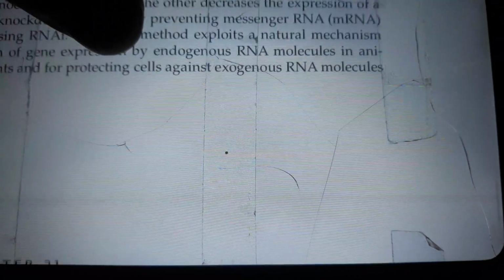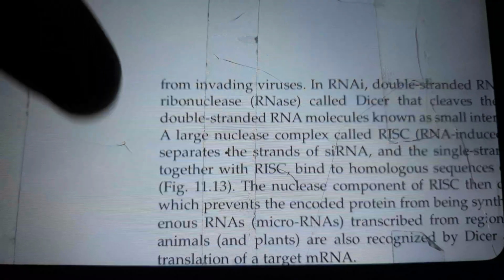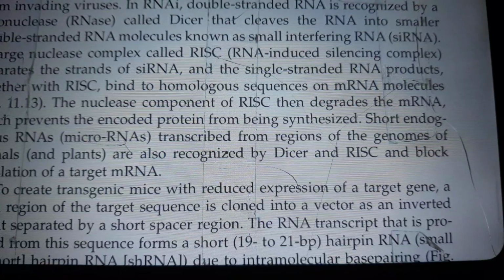The latter method exploits a natural mechanism for regulation of gene expression by endogenous RNA molecules in animals and plants, and for protecting cells against exogenous RNA molecules from invading viruses. In RNAi, double-stranded RNA is recognized by a ribonuclease, RNase, called Dicer, that cleaves the RNA into smaller double-stranded RNA molecules known as small interfering RNA, siRNA. A large nuclear complex called RISC, RNA-induced silencing complex,